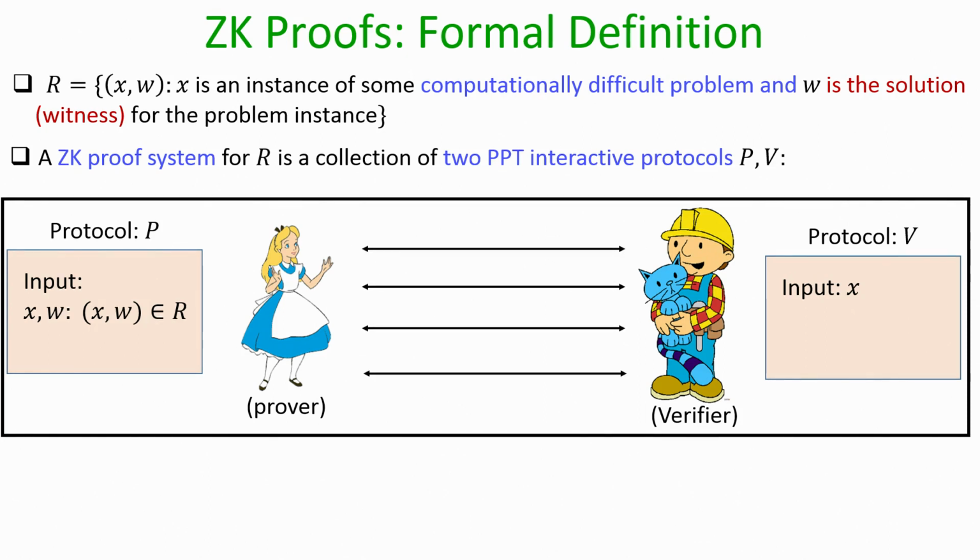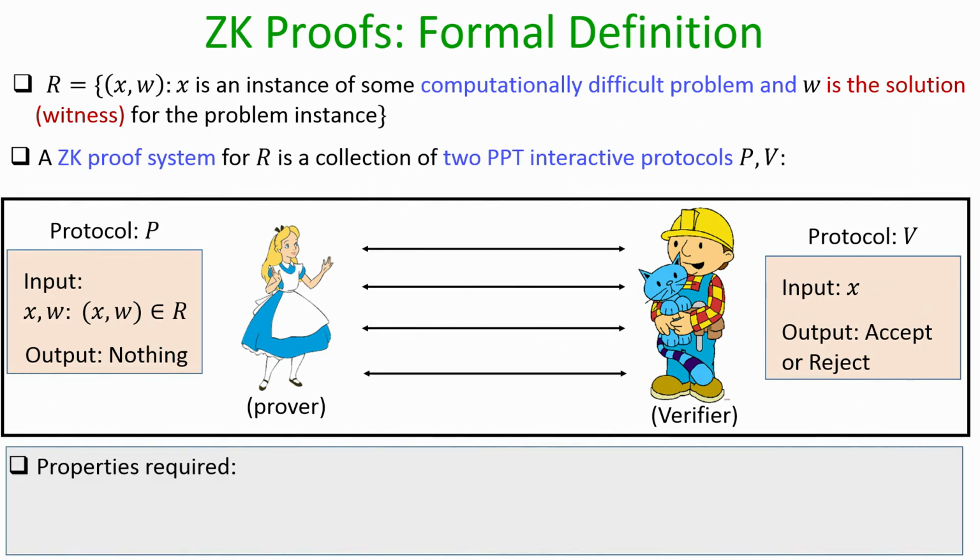In the zero knowledge proof system, the prover will interact with the verifier, where the messages of the prover will be computed as per the protocol P and the internal randomness used by the prover, and at the end of the protocol the prover outputs nothing. The verifier algorithm will interact with the prover, where the messages of the verifier will be computed as per the algorithm V and the internal randomness chosen by the verifier, and the verifier is either going to output accept or reject. Accept means it accepts the fact that Alice knows some witness, reject means it does not believe Alice's statement.